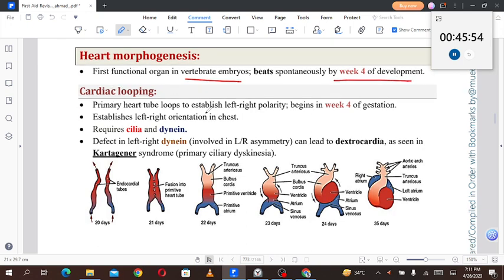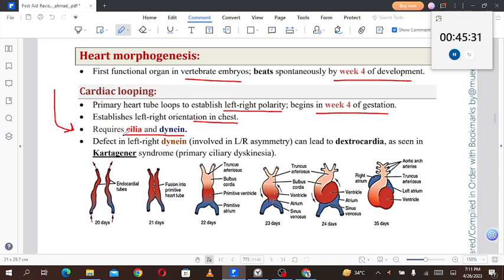The primary heart tube loops to establish left-right polarity in week 4 of gestation. Cardiac looping begins in week 4 of gestation and establishes left-right orientation in the chest. It requires cilia and dynein. That is very important: cilia and dynein are required, and people who have primary ciliary dyskinesia, for example,